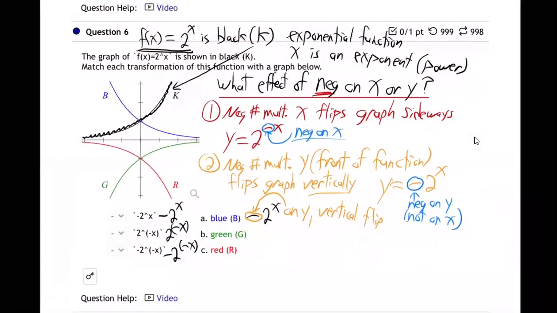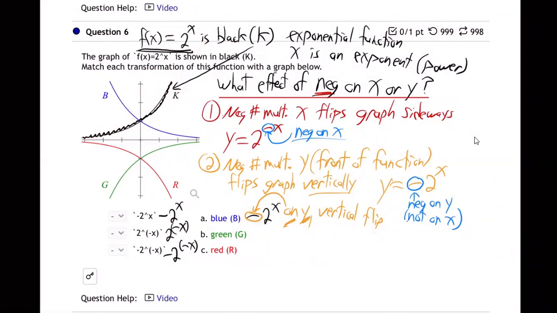You've always got to start with whatever the base function is, the original basic graph. So the original 2 to the x, that's what this all starts with, right? All these are variations of 2 to the x, aren't they? So we're starting with the basic base 2 exponential function. Starting with that, which looks like this, and then start putting negative signs in different places and see what it'll do. So if you're starting with this, and you put a negative right there, which is a vertical flip, because that's a y, it's on y,